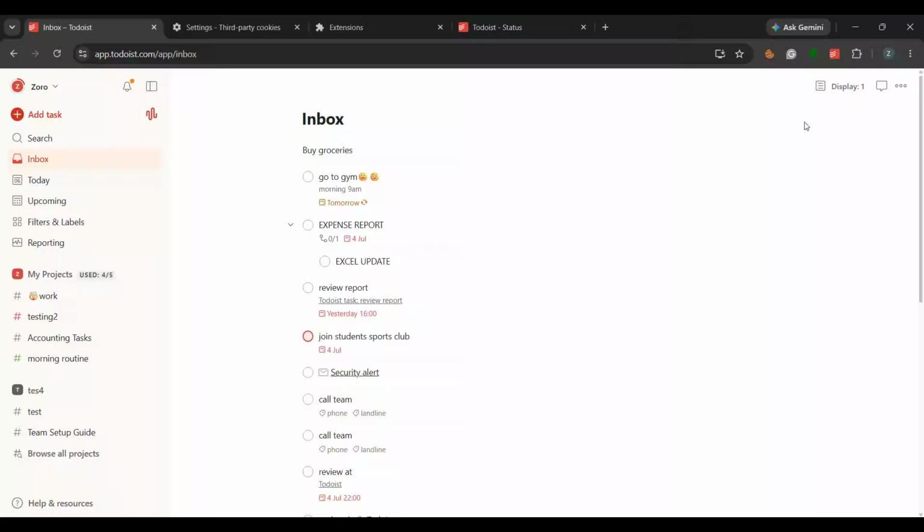In this video, I'm going to show you how to delete the team workspace in Todoist step by step if you're managing a workspace you no longer need or you're cleaning up old project spaces. This quick tutorial will walk you through the exact settings to use so you can remove the team workspace safely